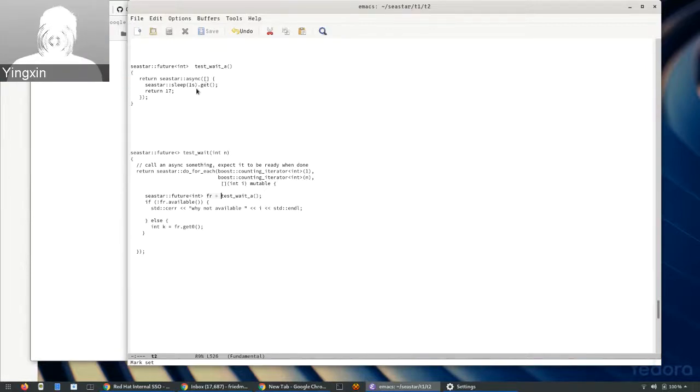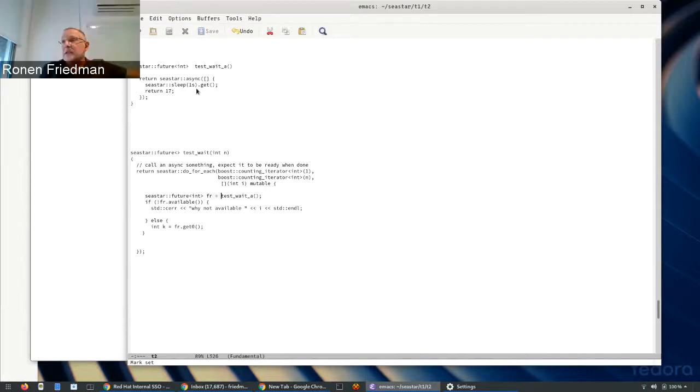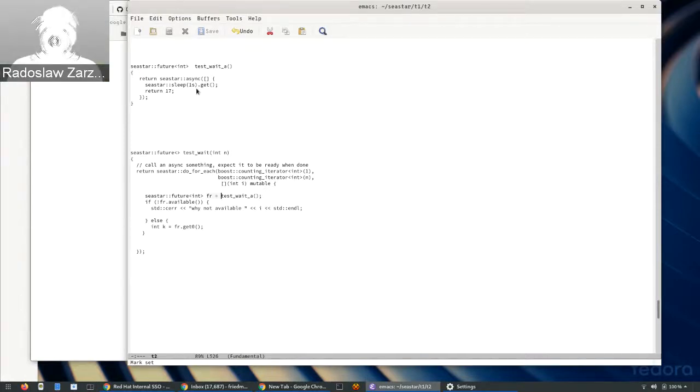What I understood is that async only returns when it's ready. Yes, but you are thinking about the thing that is inside the async lambda, the lambda that you pass to async. But you are the caller of your test wait A is actually dealing with a plain future. So I would expect it to never be available. Yeah, you would need to use then. Mechanically, the way it's happening, that async call passes that future back up to the reactor or something, but